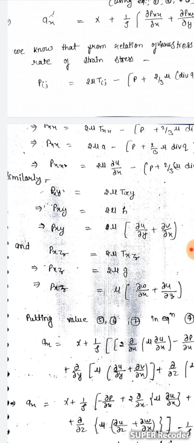Pxz is equal to twice mu into G. Pxz is equal to mu into delta W by delta x plus delta U by delta Z. This is our equation number 7. So putting values 5, 6, and 7 in equation number 4, then Ax is equal to capital X plus